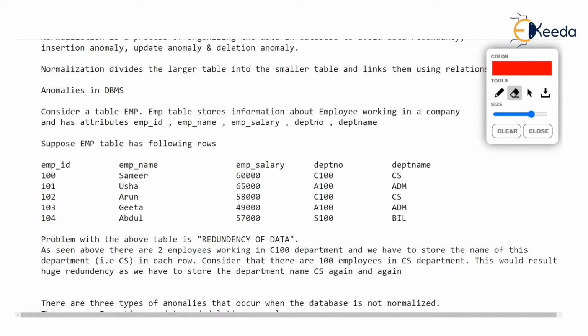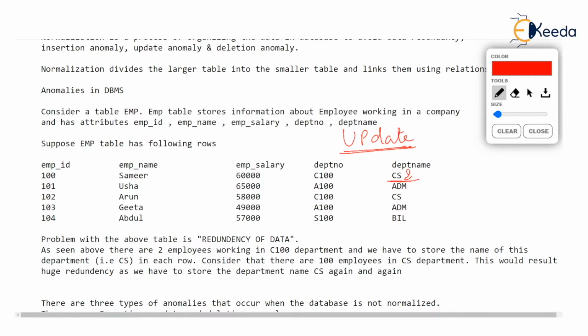These are really serious problems. Now, the three types of problems which can arise because of this data redundancy, the first one is update anomaly, the update problem. Update means modify. We want to modify something. Let's say, for example's sake, that one fine day, our company decides that the name of this computer science department should from now onwards be computer science and IT.